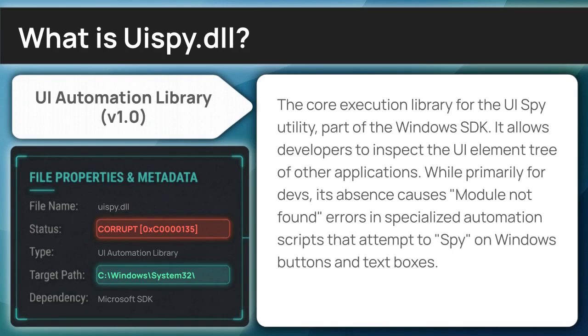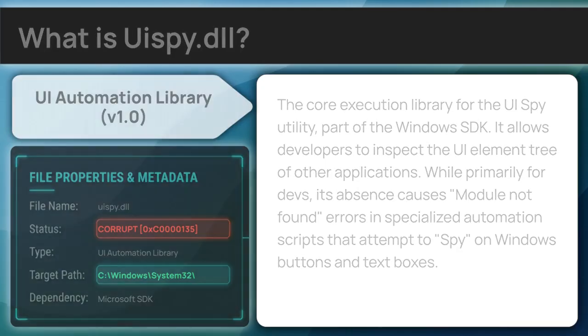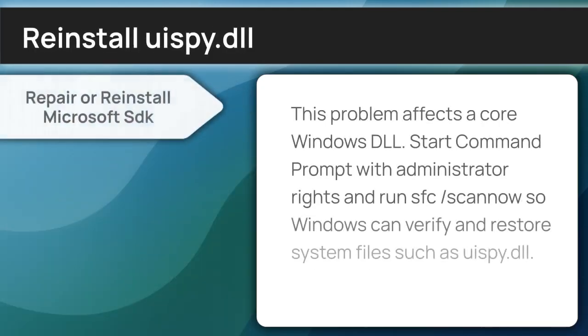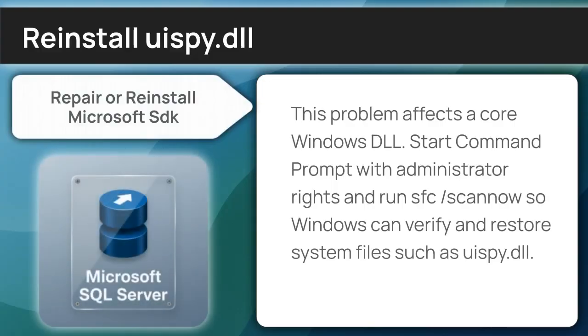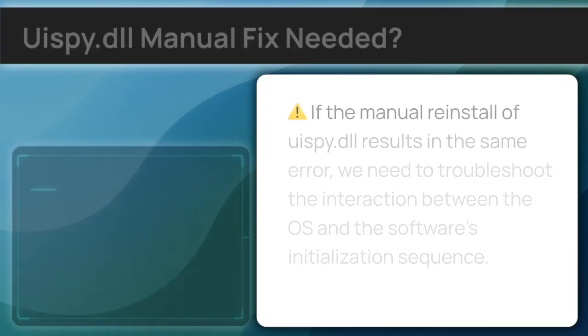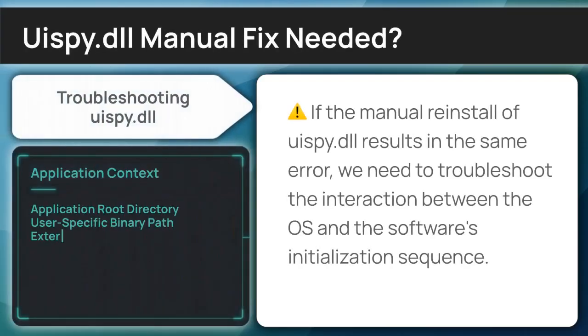Now let's apply the fix by reinstalling the shared system library. This problem affects a core Windows DLL. Start command prompt with administrator rights and run sfc /scannow so Windows can verify and restore system files such as Uispy utility. If the redistributable repair didn't resolve the pop-up, the next logical step is to analyze the local environment